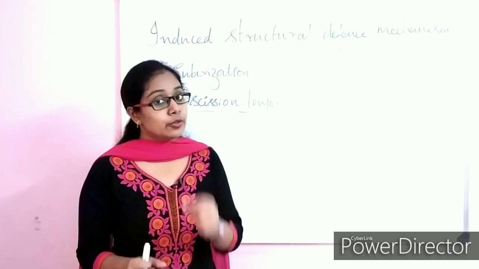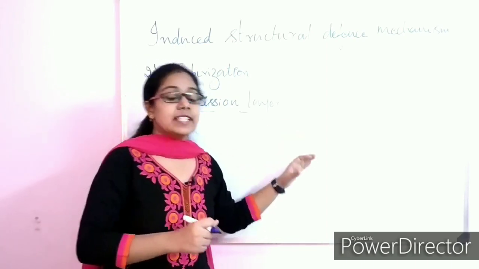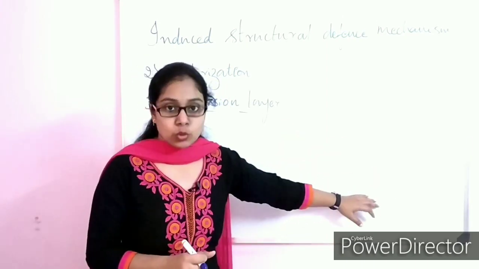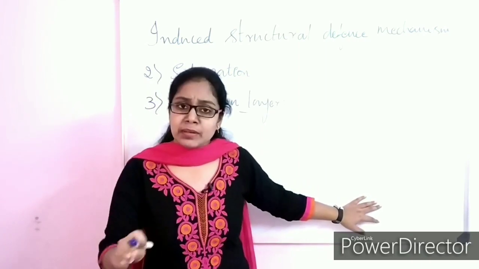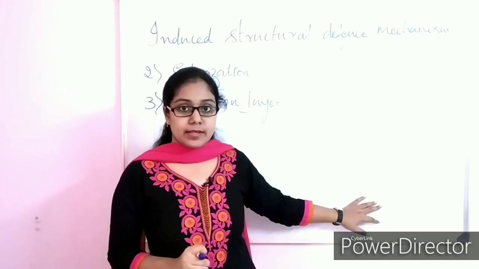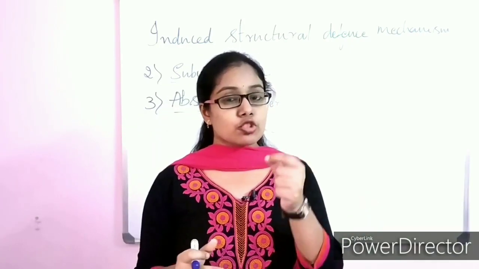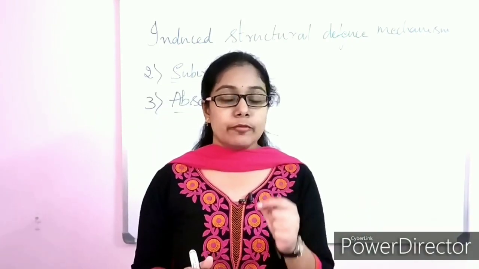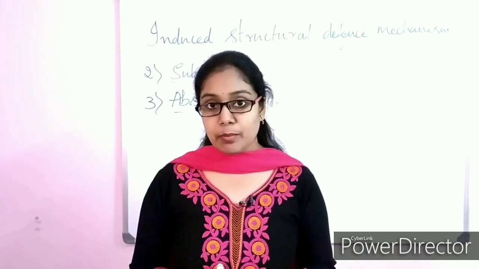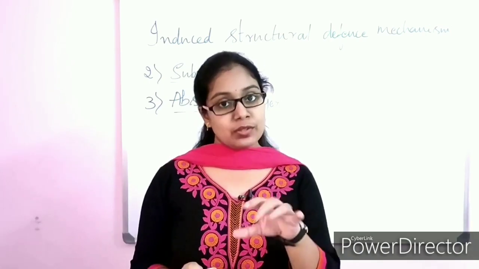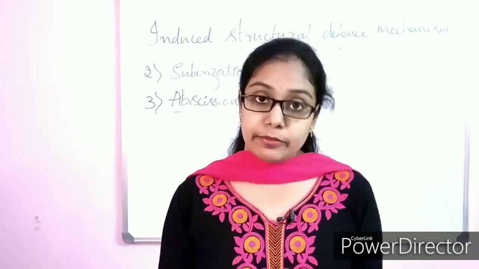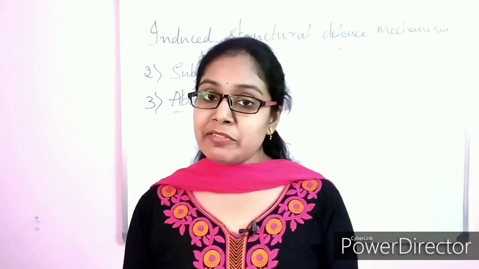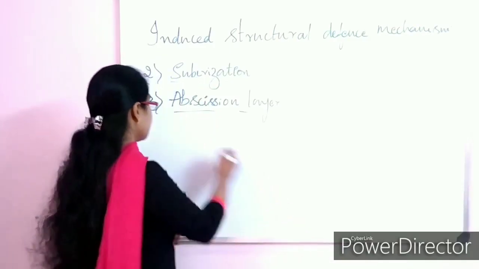Due to the dropping off of these infected cells along with the pathogen, the further colonization of the pathogens can be completely avoided. You might have observed some shot holes on the fruit or on the leaf. This is mainly due to the abscission of the infected cells along with the pathogen. If we move on to the fourth barrier, there we can see the tylosis.